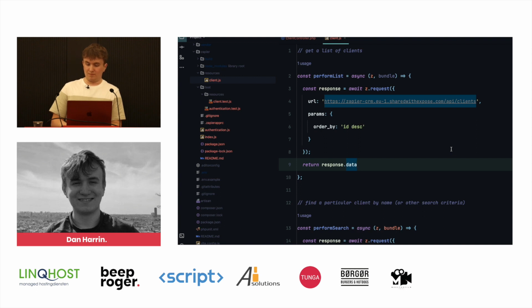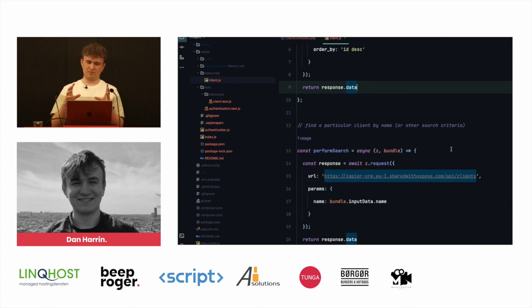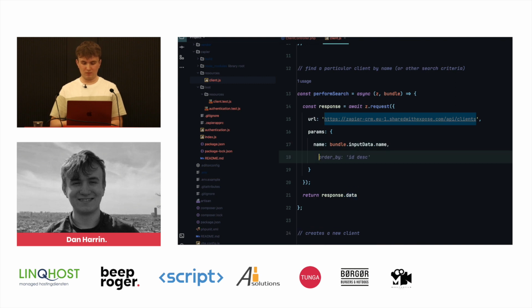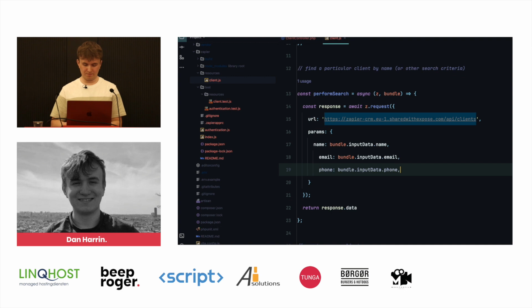Here we're going to define the search function. So the search function is used by Zapier if users want to connect one app to another app through our app. So for example, they might have a form submission that they want to search our database for more information about that client and then pass it to another app. So in this case, it's going to call the same API clients index route, but with some parameters here. So let's pass in the name, email, input data, email, phone number, and the company.